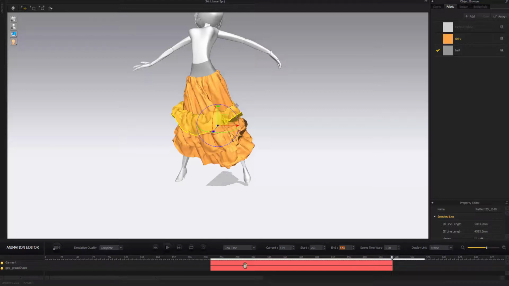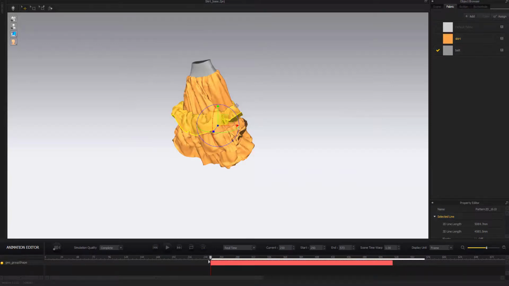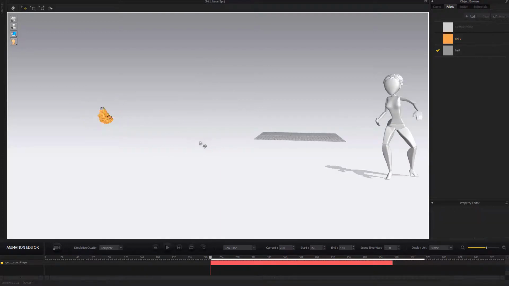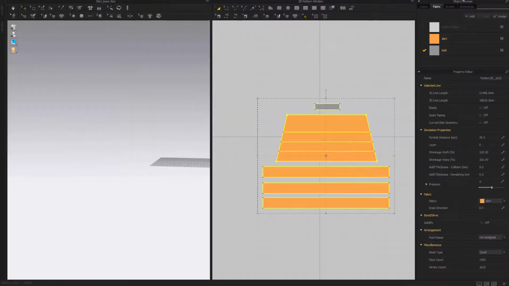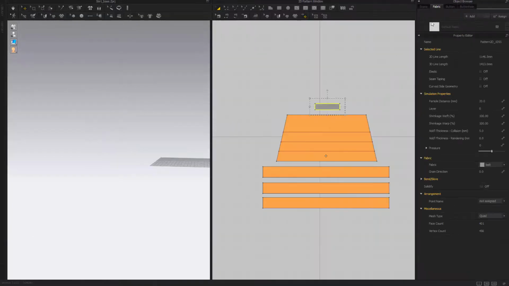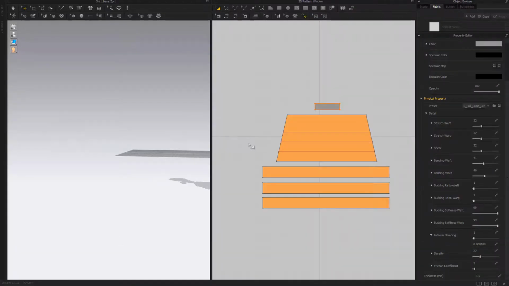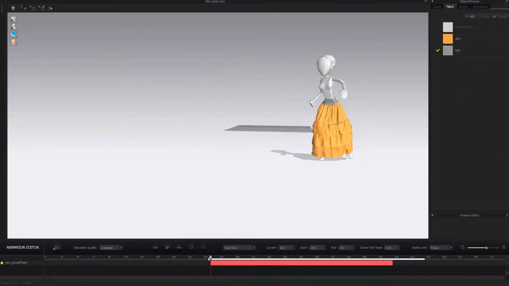I don't really need the old animation we simulated earlier anymore, so I'm gonna grab it, right click, and say delete. Alright, go back to frame 1, or the first frame of our animation. If your garment is still there, you can control Z, that should bring them back, hopefully. No? Huh, goes back here. It's interesting. Now it's back. Guess you have to just go back a few more. Anyway,